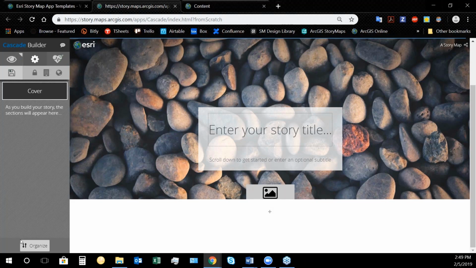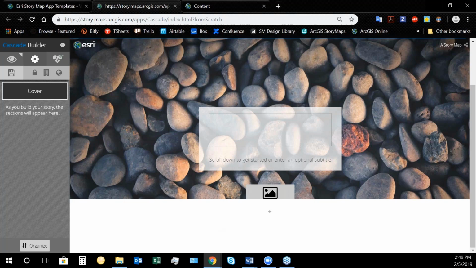In addition, there's a sidebar here, which is sort of like your outline view. As you start adding content to the story, it'll appear here as units that you can then reorganize, delete, and otherwise manage. And at the top here are a variety of global options that I'll go through at the end of the demonstration. Particularly of importance are the sharing settings to go from something that's private to something that's published and public.